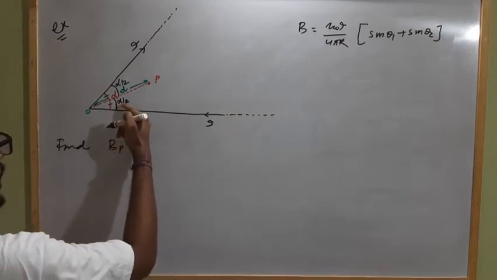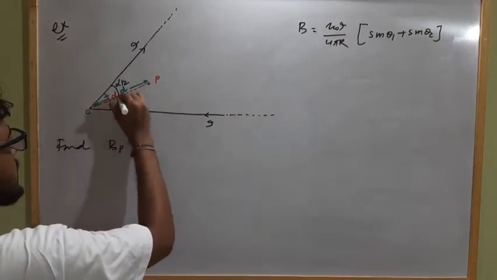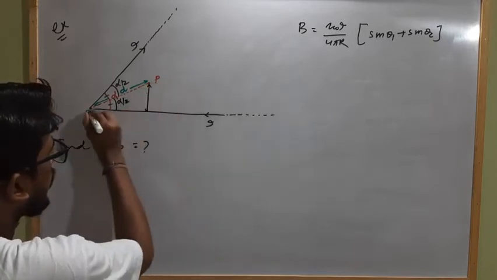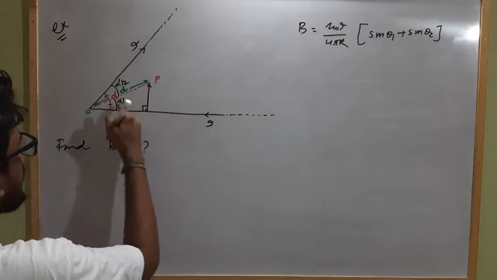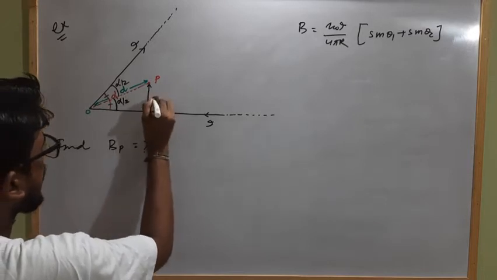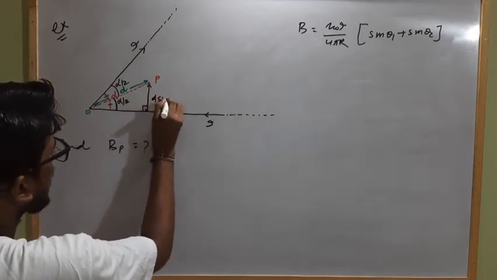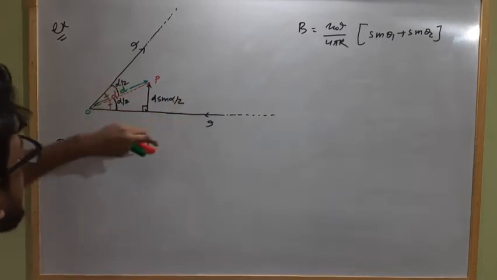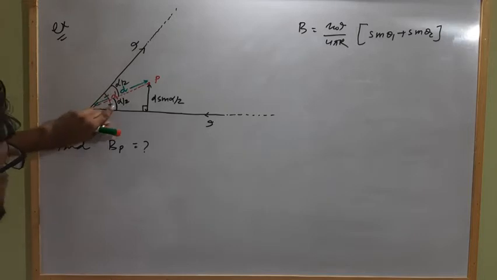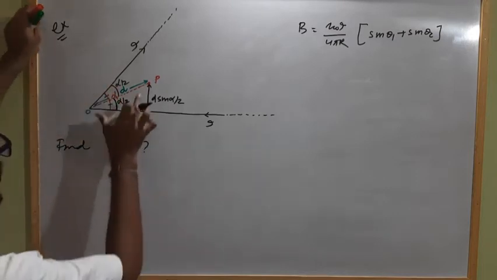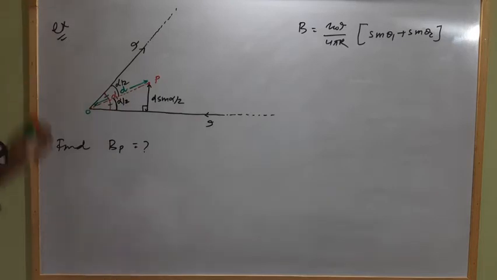As this angle is alpha by 2 and this distance is D, this is the perpendicular distance from the point of observation to the long straight current carrying conductor, and this is 90 degrees. So if this angle is alpha by 2 and this distance is D, this length will become how much? D sin alpha by 2. Clear? This length will become D sin alpha by 2. As this is the hypotenuse D, this angle will be alpha by 2 because this line OP bisects this angle alpha. So this will be alpha by 2, this will be alpha by 2. This length is D, so it will become D sin alpha by 2.